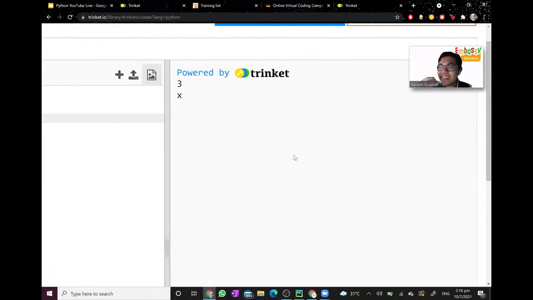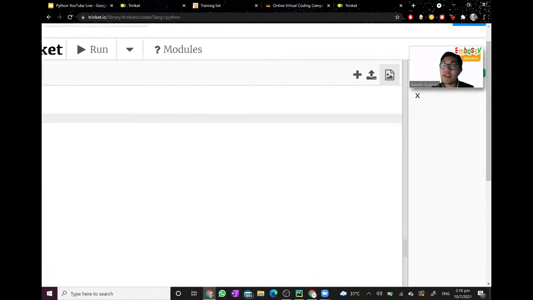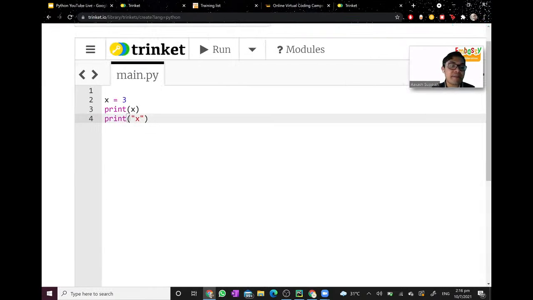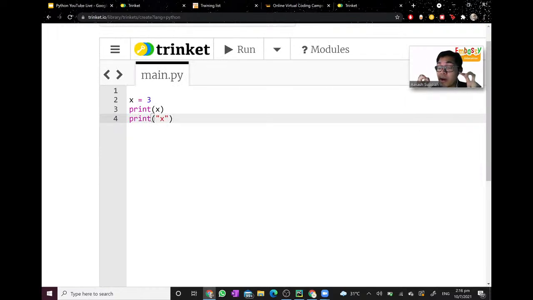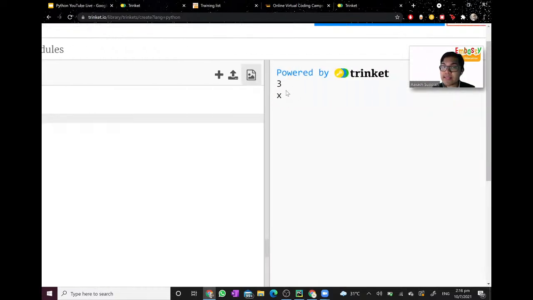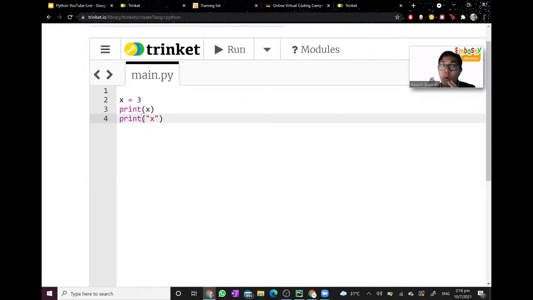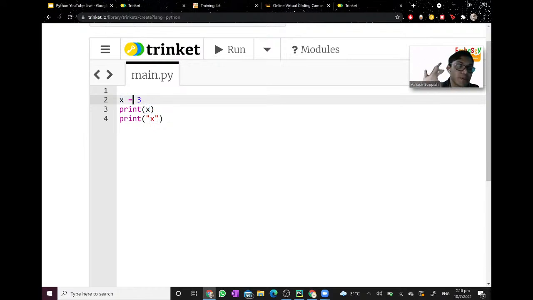And as you can see, ta-da, yes, if you put print without quotation marks, it prints out 3, but if you print x with quotation marks, it prints x. That's because with the quotation marks, what you're basically doing is printing out the character x, while without the quotation marks, we print out the value of x, which is 3, as we have stated here. So this is how you can create a variable. It's very simple. All you have to do is put in the name of the variable, put in the equal sign, and put in the value you want x to be.